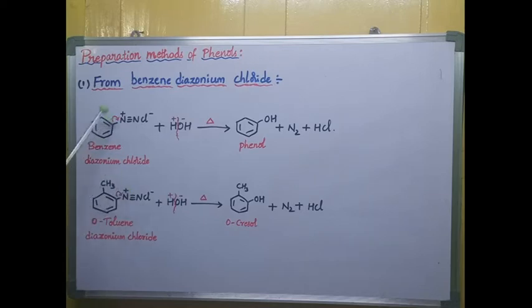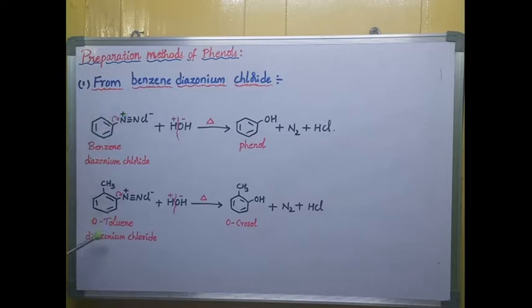Always remember, the arrow head indicates a donation of electrons, and the arrow tail indicates the deficiency of electrons. So whenever we are donating electrons, the tail part gets a positive charge, and wherever the head is, there will be the negative charge. So here it is donating electrons, and the positive charge is nullified because of the donation of electrons.